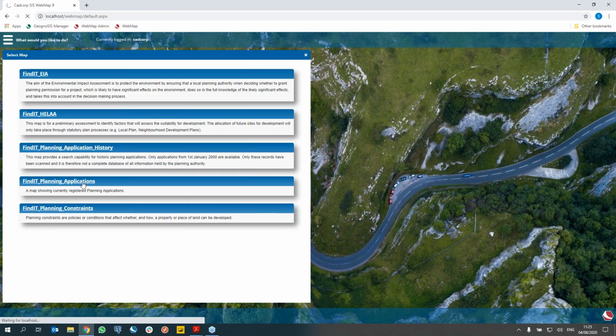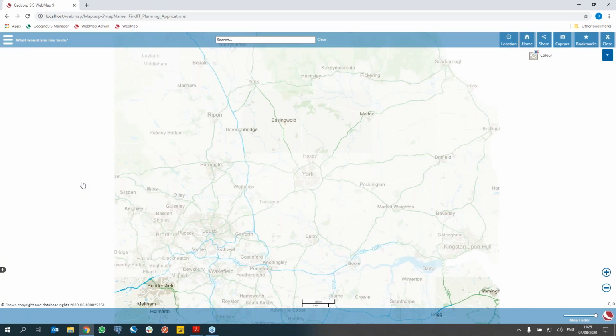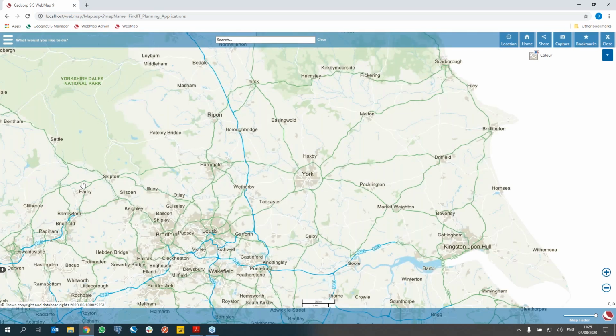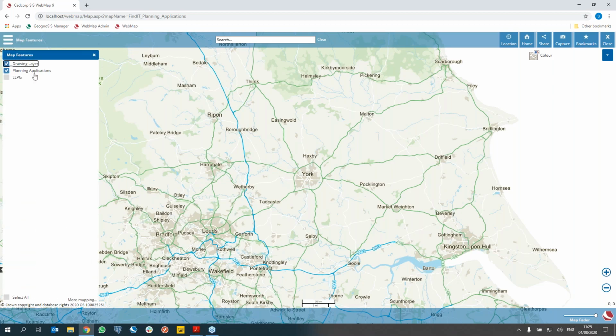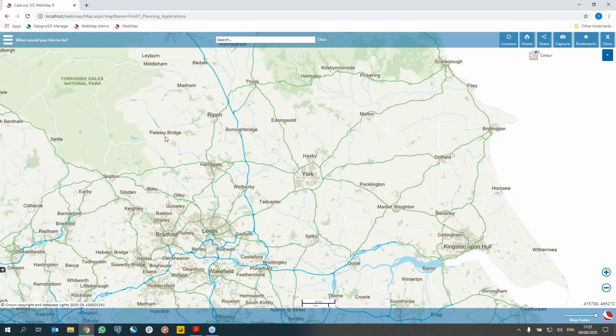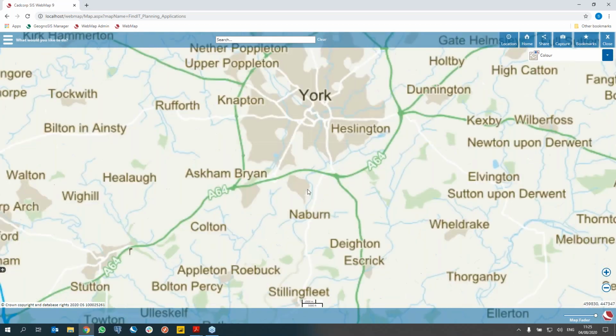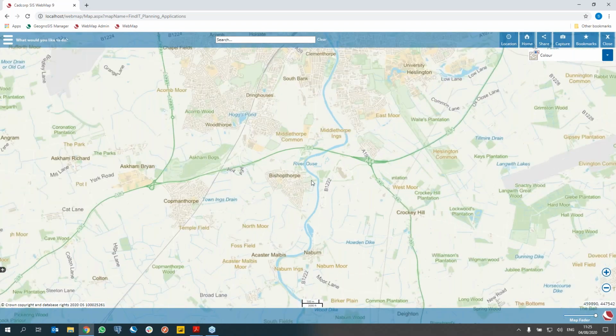So this map could be available to your internal colleagues or exposed on your website for members of the public to view. And if I go to my map features, I've published my planning applications layer and it is turned on by default. And it will currently show all registered applications. And if I just zoom into the map where I've just added that application boundary for the football pavilion,